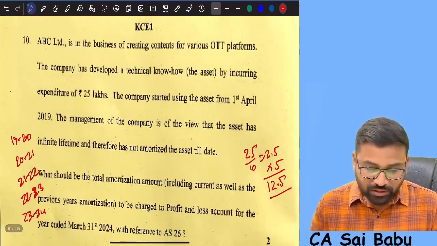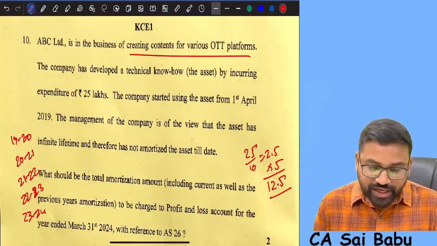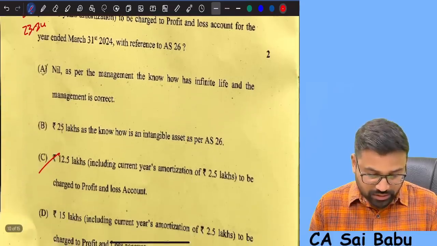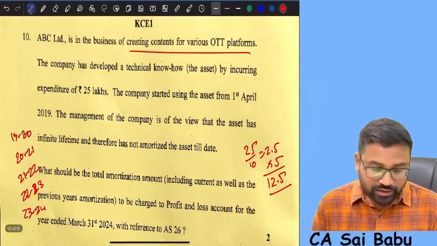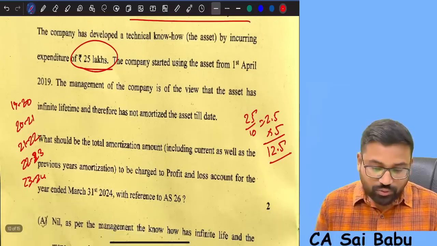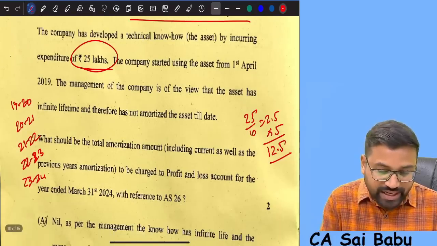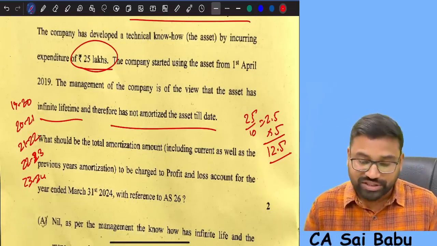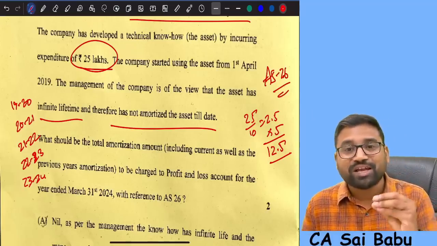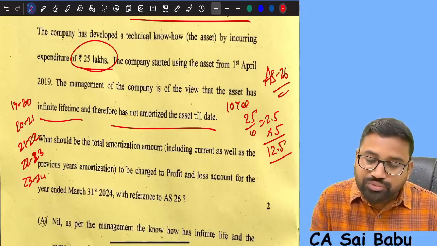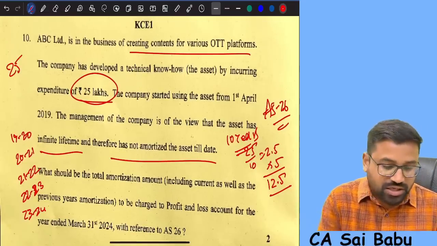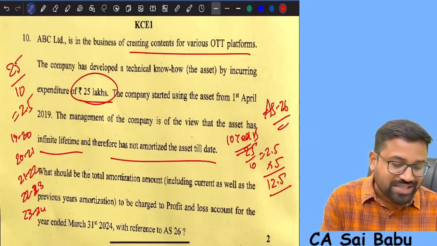Next, this ABC Limited is in the business of creating contents for various platforms, sir. Now this company has not provided amortization. See, there is an intangible asset. The cost is 25 lakhs, sir. What they are feeling is the asset has infinite life, therefore they have not provided amortization. No, sir. As per AS 26, there is a rebuttable presumption that the life cannot exceed 10 years. So in this case, you need to assume the life of the intangible asset is 10 years. If I assume life of the intangible asset is 10 years, 25 divided by 10, 2.5 lakhs is the amortization